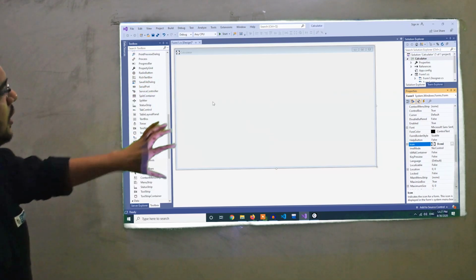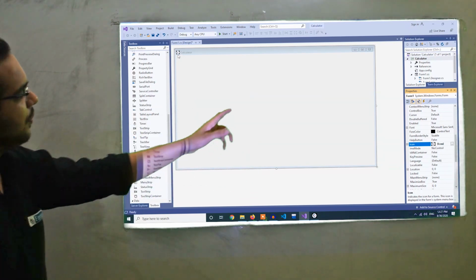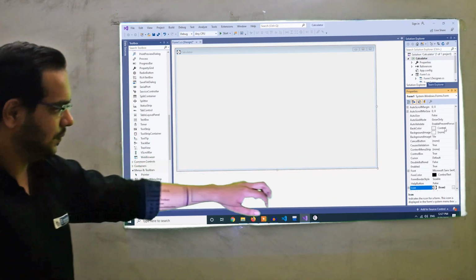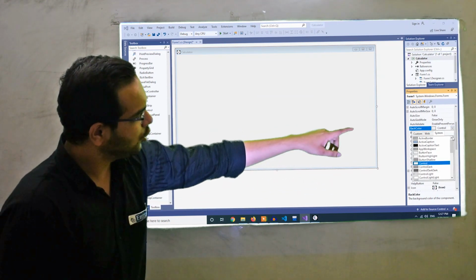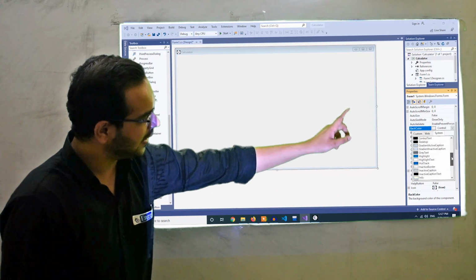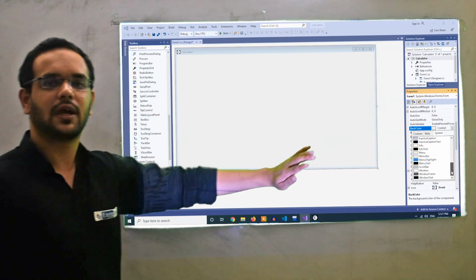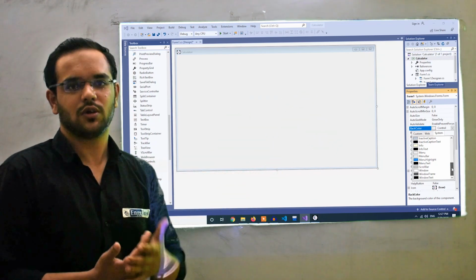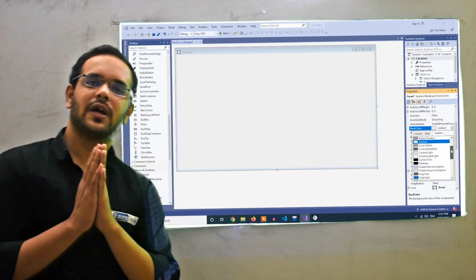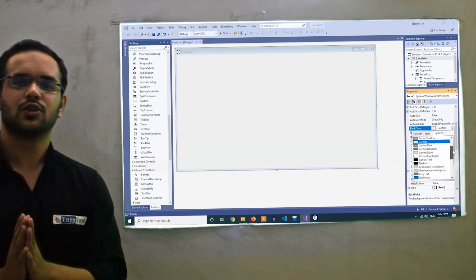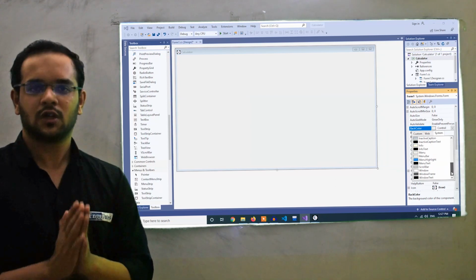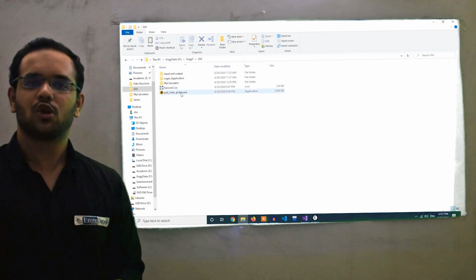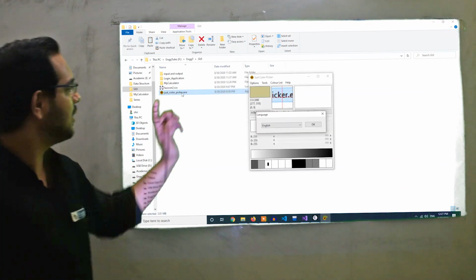Now we have to change its background color. Just go to the background color property of this form. Here you can see we can use only a limited set of colors, which are created by default by Visual Studio. But if we want a different color as a background color, there is a very good application, the name is justpicker.exe. Just go to Google and search for justpicker. You will get a cnet.com link. Download that software, and here it is, justpicker.